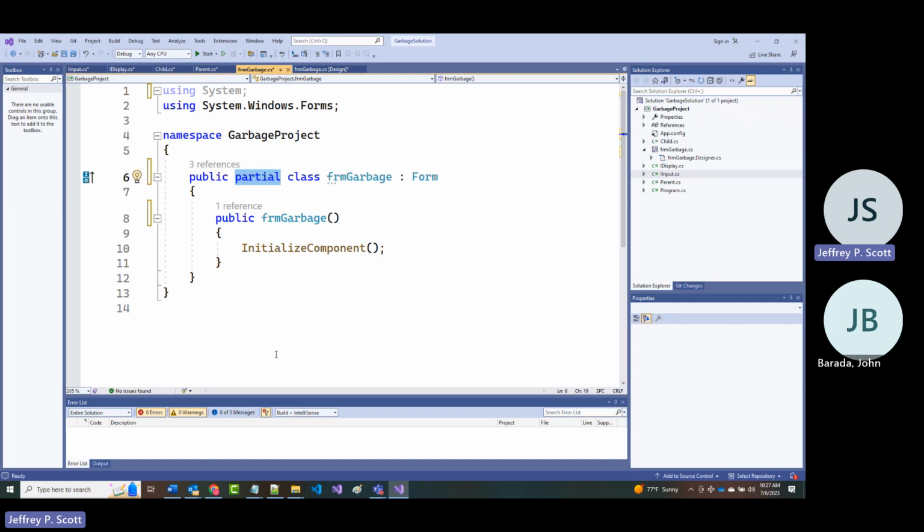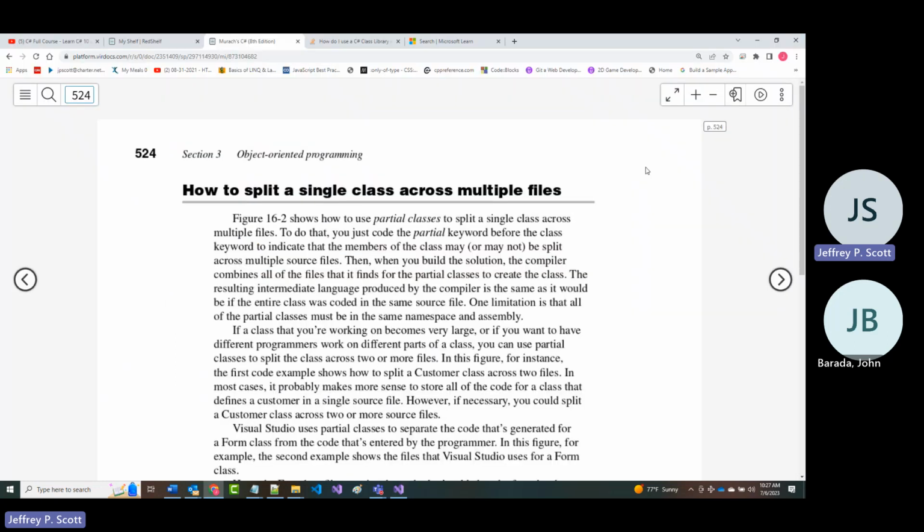When you create a form, for example, in here, it's always created as a partial class. And I believe at least the main reason for that is if this particular form got really huge, you could put it in multiple classes. And when I say multiple classes, multiple partial classes of the same name. I've never worked on a project that's been that voluminous that I've had to do that.